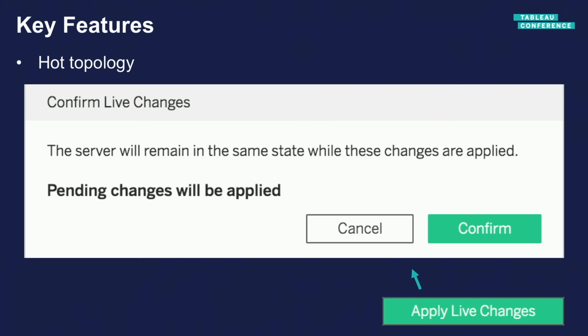A key feature that some people haven't heard about is hot topology. Hot topology allows you to make certain dynamic changes without restarting or stopping and starting the server to have those changes take effect. Currently, that affects the backgrounder process and the VizQL server process. So you can add or reduce the number of those processes running at any given time without having to stop the